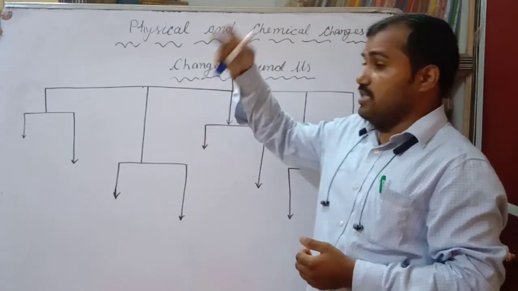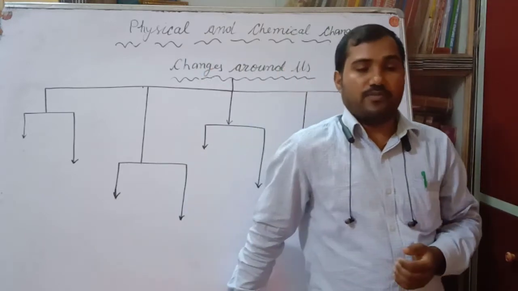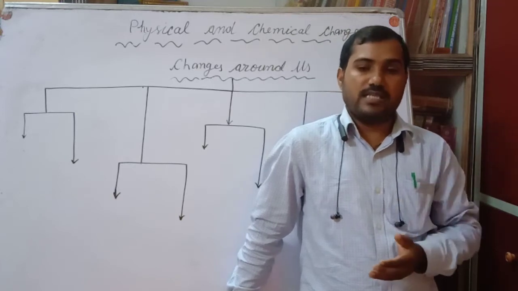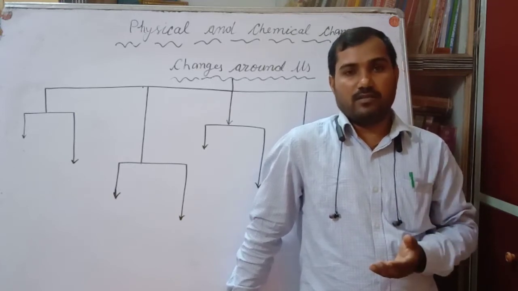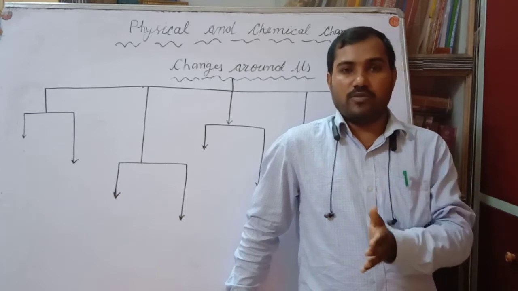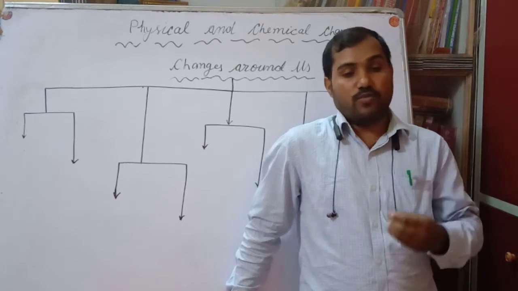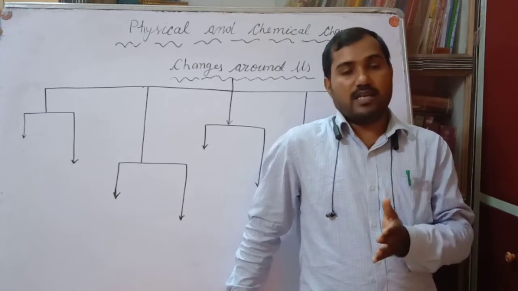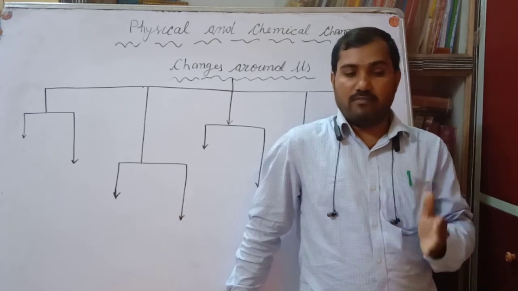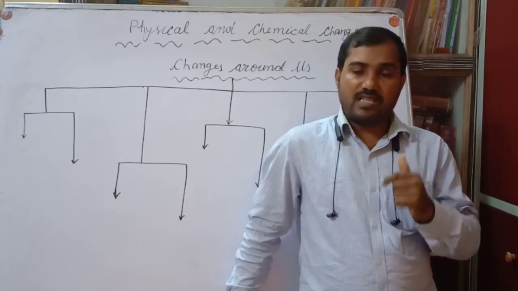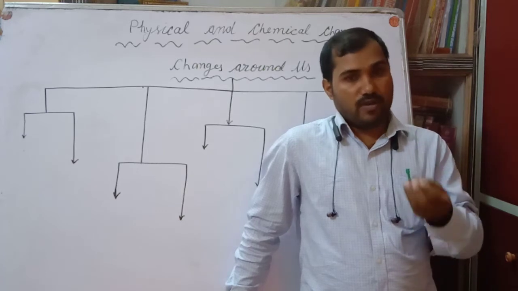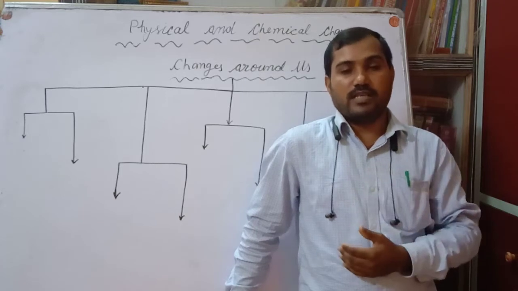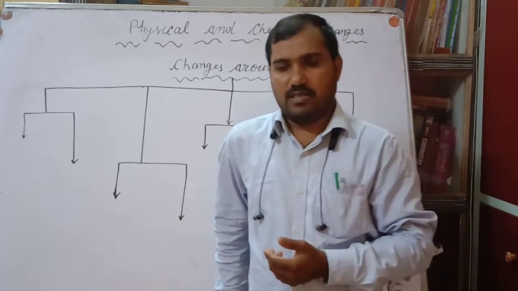Dear students, there are so many changes that occur around us. If you look at nature, for example, weather changes, rusting of iron, conversion of solid to liquid, liquid to gas, gas to liquid. Suppose you keep water in the fridge; after some time, when that water reaches 0 degrees Celsius, it changes into ice. Similarly, the ice cream you are eating, when it is in the environment, is converted into the liquid state. So there are so many changes around us.